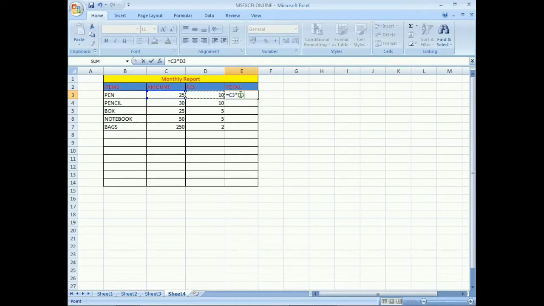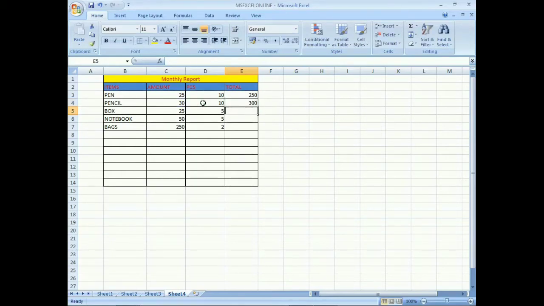This is equal C3 multiply D3. If we press the enter key, now we can see the actual amount of the 10 pens, and one pen will be 25, so we need to pay 25 rupees each. Okay, the same process here also. We will place the equal sign, pencil amount, multiply pieces, enter.